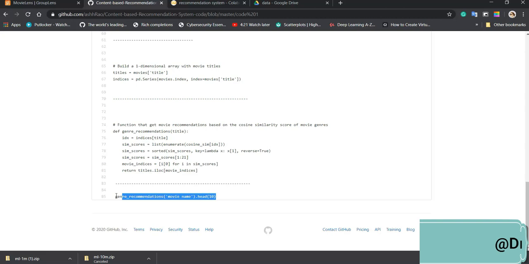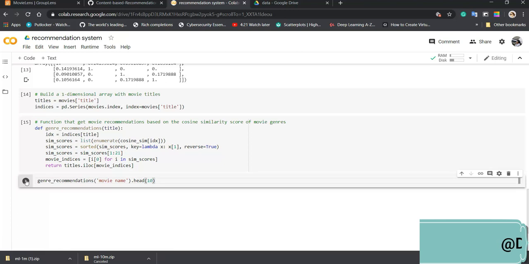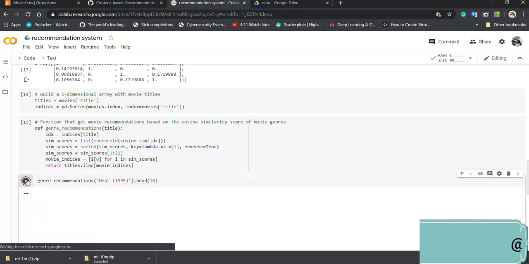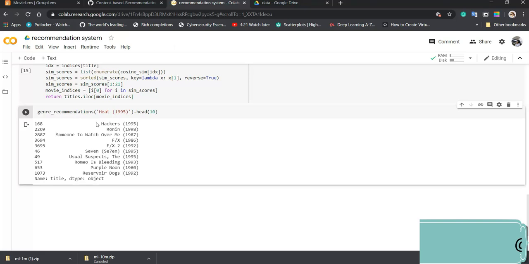And the final part is to copy this code. So genres recommendation, movie name with year, and then head count. You can give the number of movies you want as recommendations. I'll give Heat, the film released in 1995. I get similar recommendations.